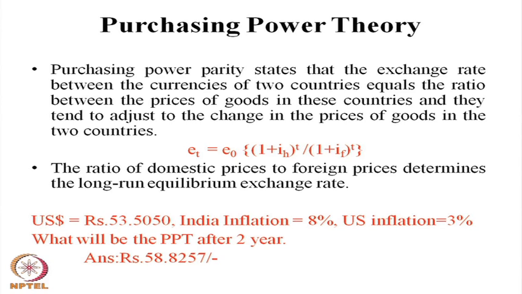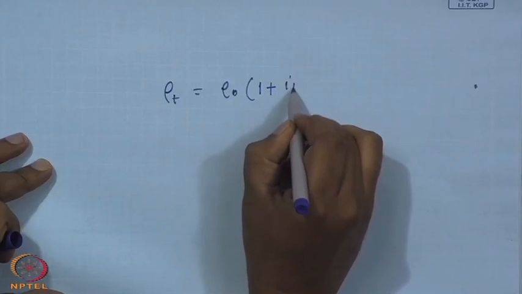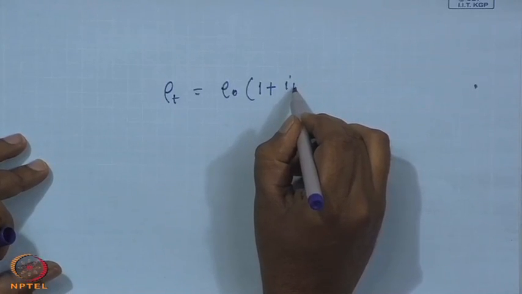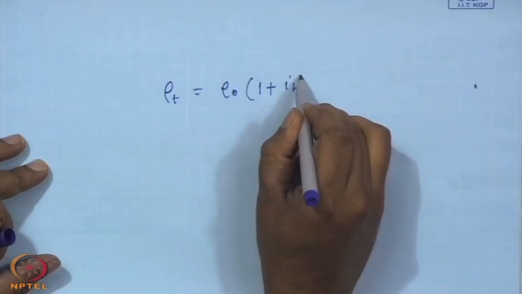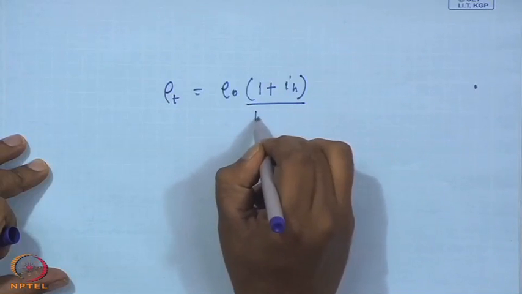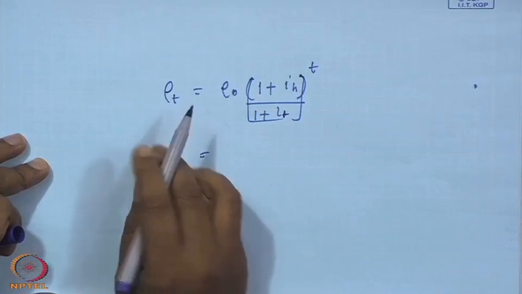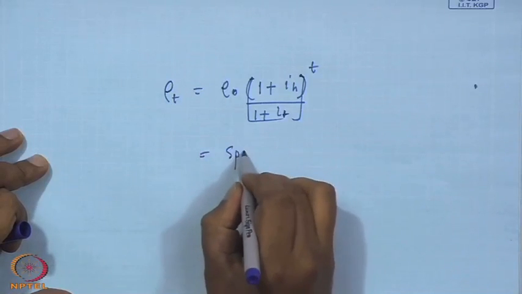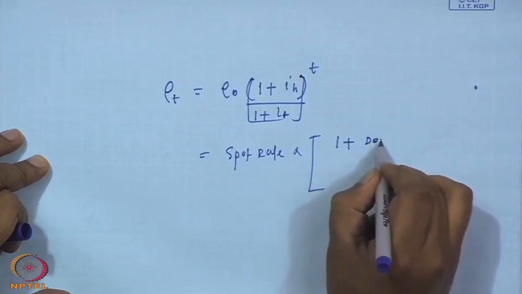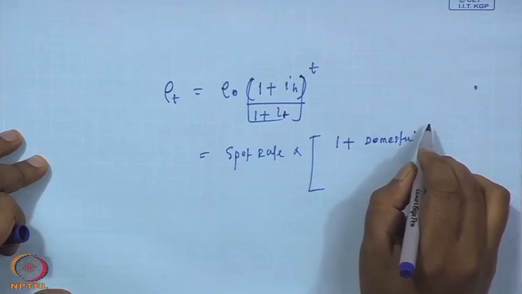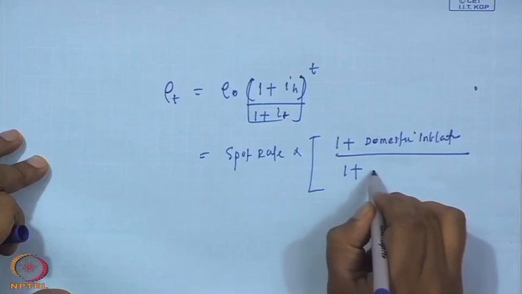Purchasing power parity exchange rate at time period t is nothing but the exchange rate at the spot market into 1 plus the domestic price divided by 1 plus the international, foreign price, to the power t. In other words, the currency exchange rate at time period t is nothing but the spot rate into 1 plus the domestic inflation rate, divided by 1 plus the foreign inflation rate,